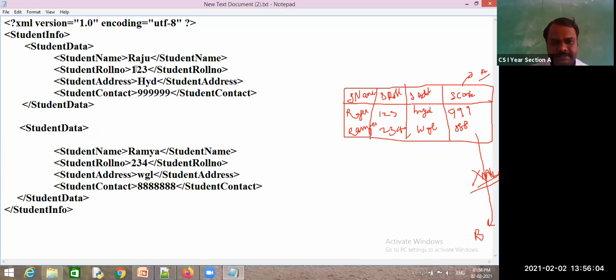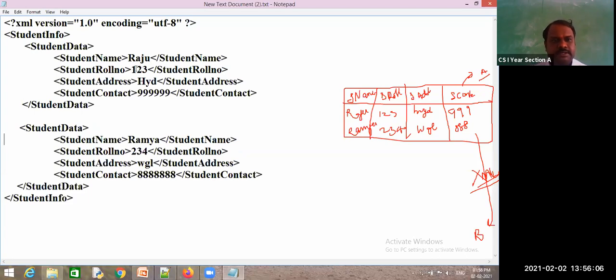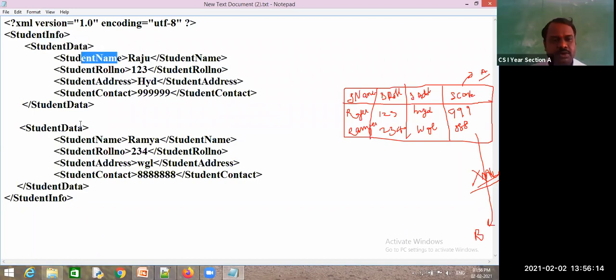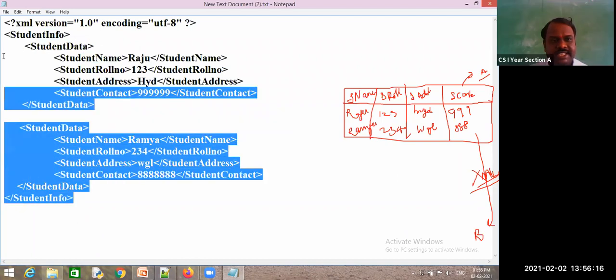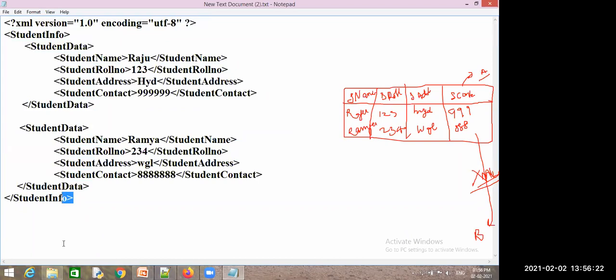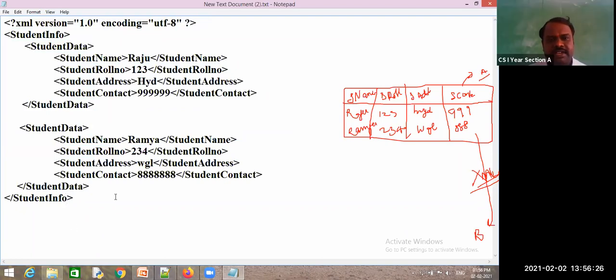Is studentinfo predefined or my own tag? My own tag. This is also my own tag. Everything residing in this is my own tag. But you should maintain the case sensitivity rule.